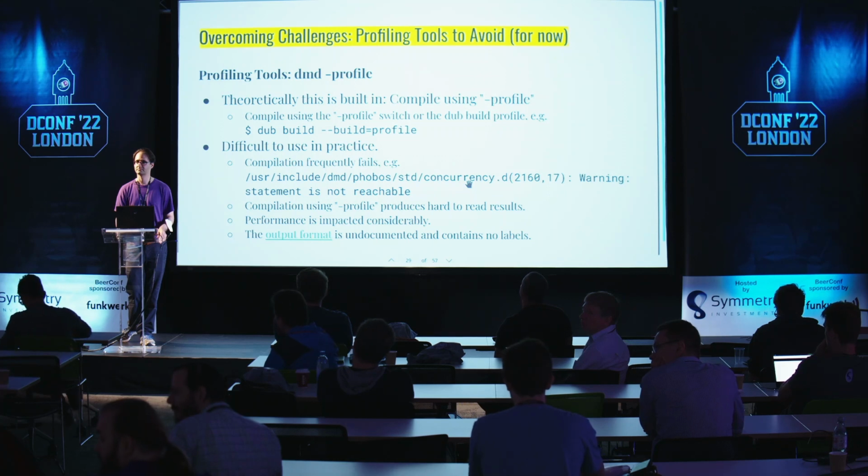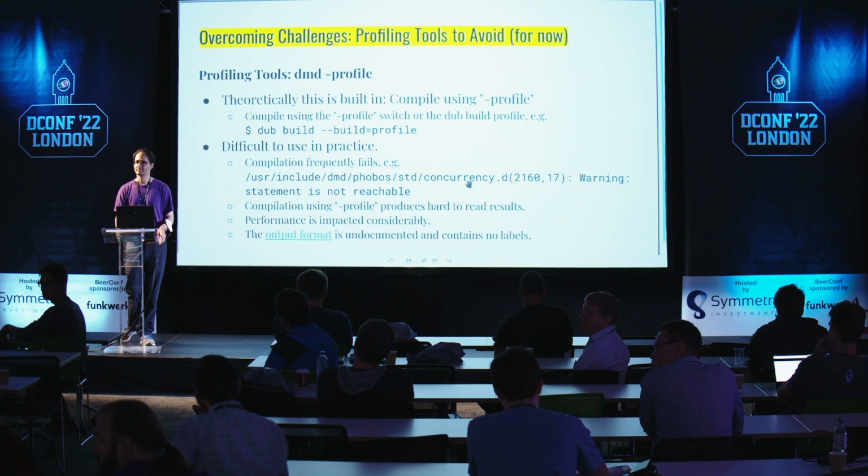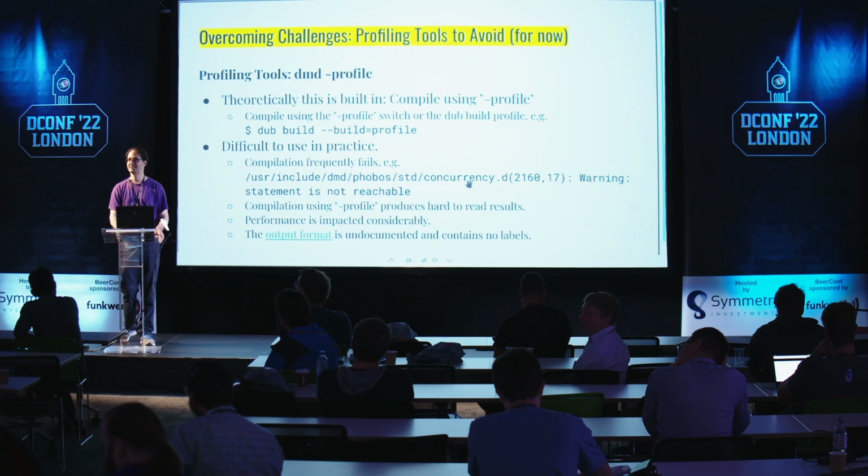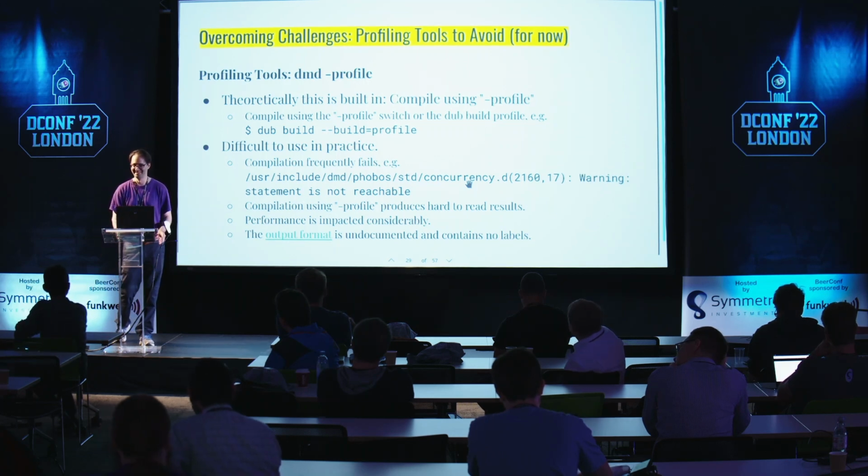I gave a talk at the last DConf online about profiling and one of the Valgrind ecosystem, along with Heaptrack, and if you want Intel, you can use VTune. They can actually give you a graphical overview of the memory allocations. Oh, that's fantastic. It does work, and don't use -profile. It's terrible.